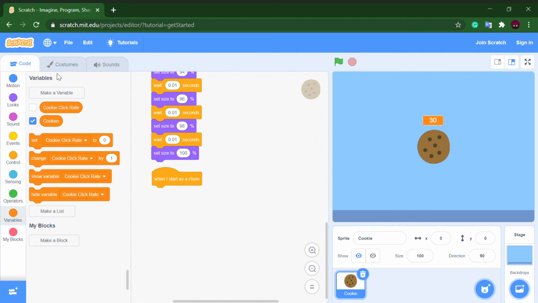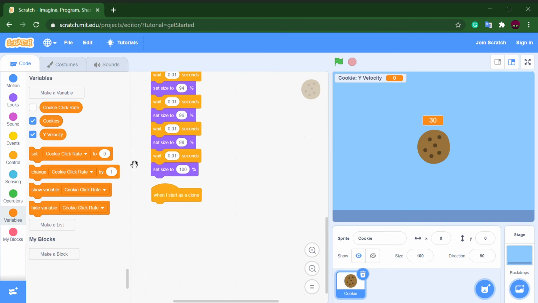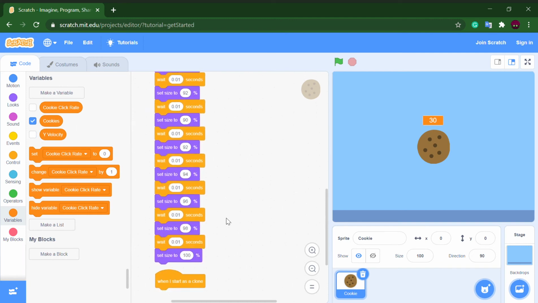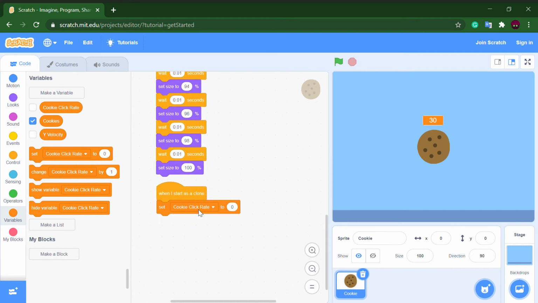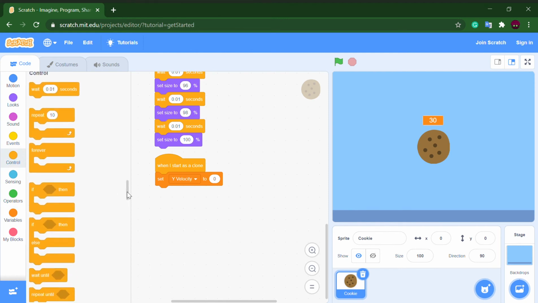So we want to make a new variable called y velocity, and click for this sprite only. Must click this. Set y velocity to 0